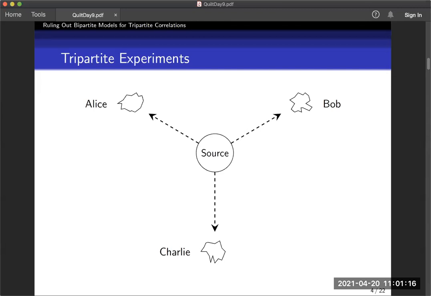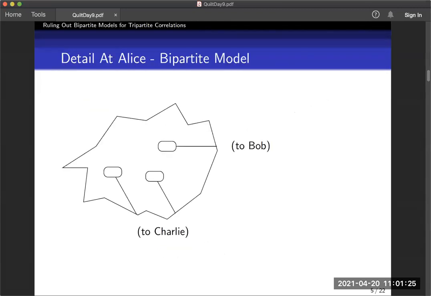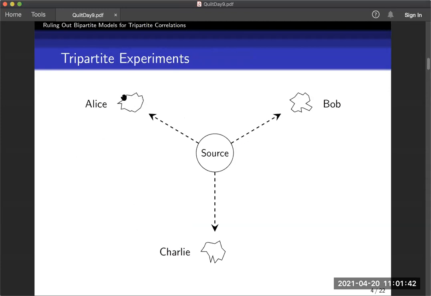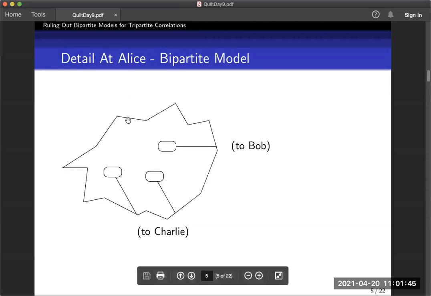And then are there sort of tripartite distributions that go beyond such a model? So, a model we can think about that's a bipartite model that's a little bit more complicated, as we could say, and this has been thought of in past work. We could say, well, what if we look at Alice's system? So going back to the previous slide, here's Alice's system over here, and now if we go to Alice's system, this big whole thing, we could say,